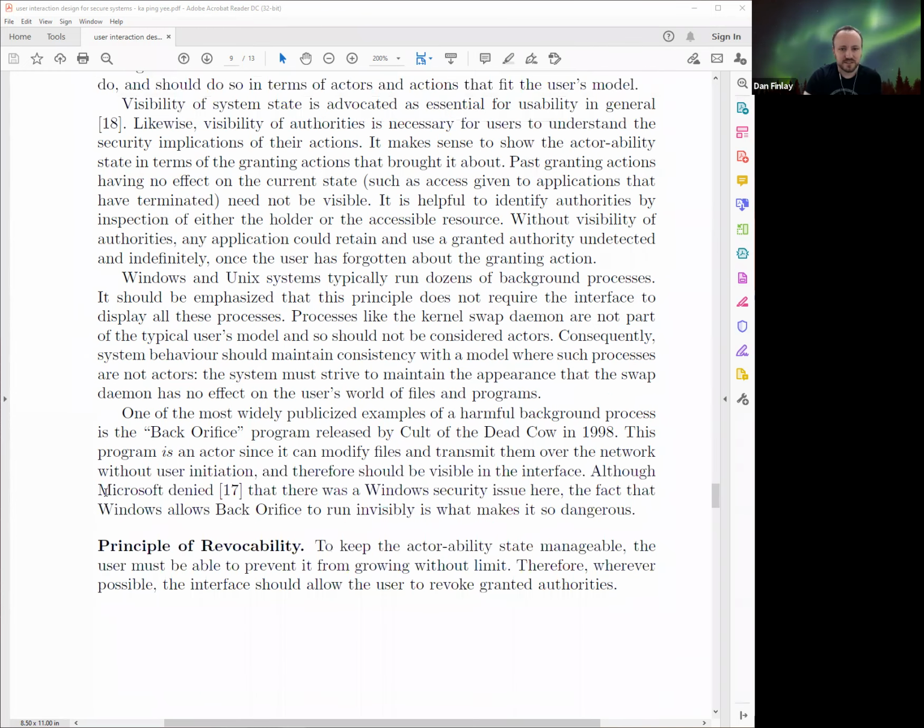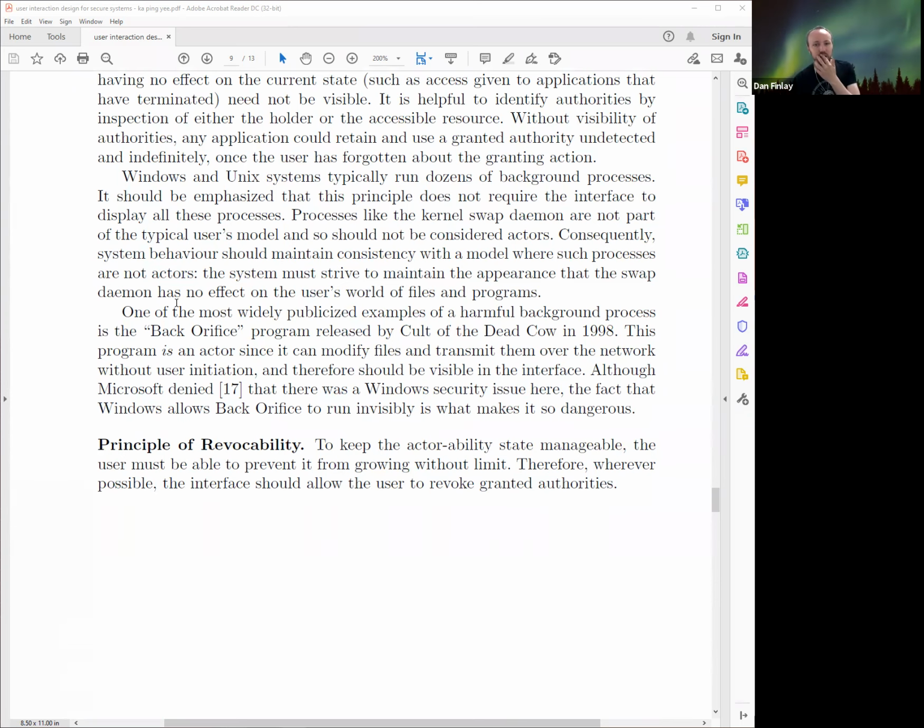Windows and Unix systems typically run dozens of background processes. It should be emphasized that this principle does not require the interface to display all of these processes. Processes like the kernel swap daemon are not part of a typical user's model and should not be considered actors. Consequently, system behavior should maintain consistency with the model, whereas processes are not actors. The system must strive to maintain the appearance that the swap daemon has no effect on the user's world of